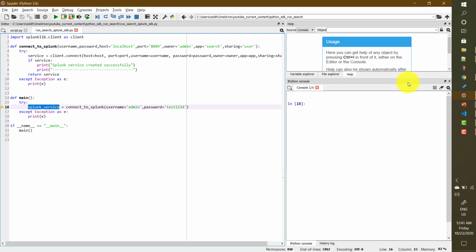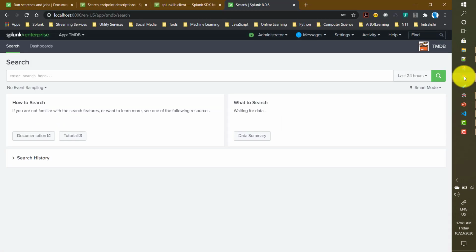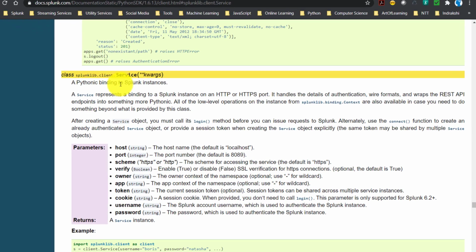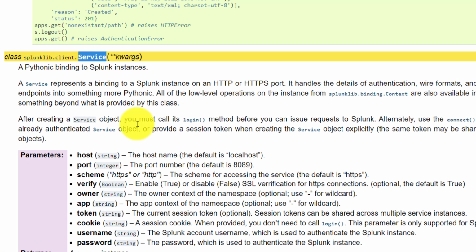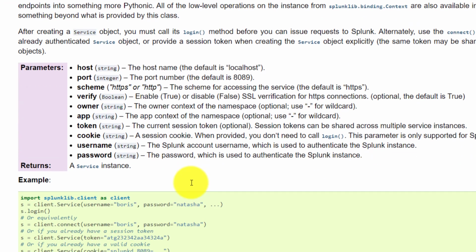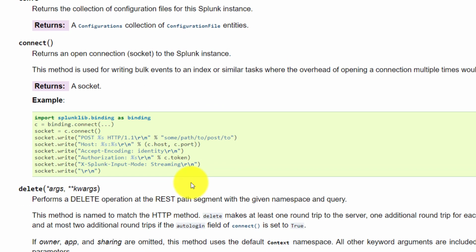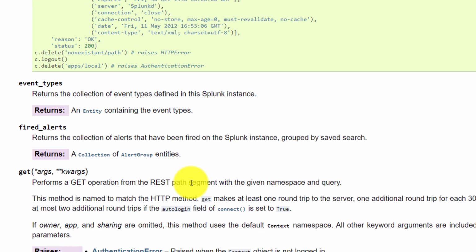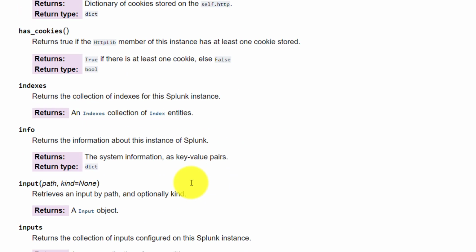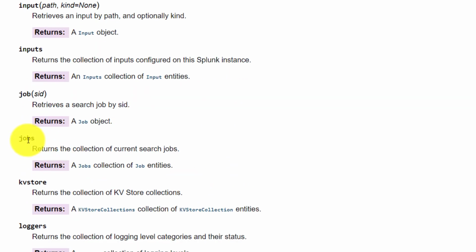Now if we see the documentation, because this is returning a Splunk service object over here, right? If I just go down over here in the Splunk service documentation, it has a method called jobs.